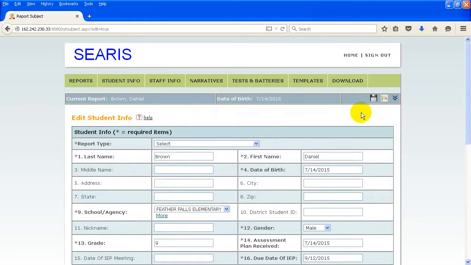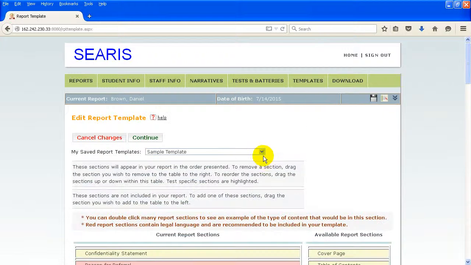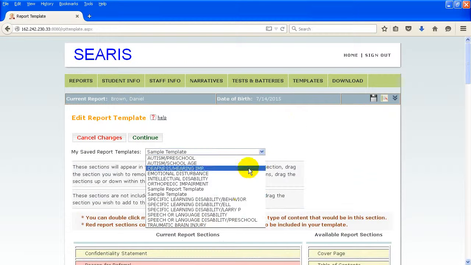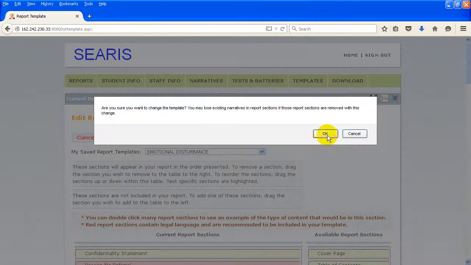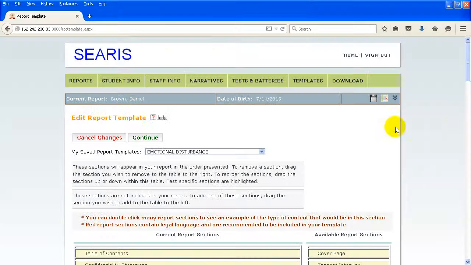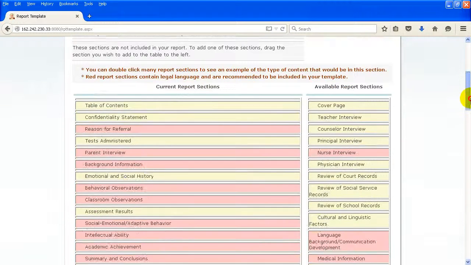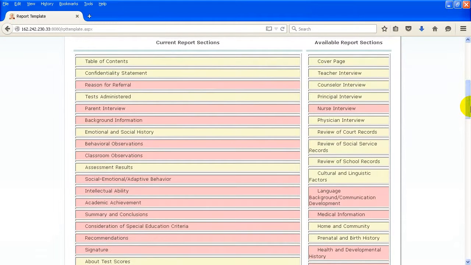Now what I'm going to do is I like to choose a template to get information into SEARIS quickly, so I'm going to choose Edit the Report Template. Now I've built a number of templates here, and I'm going to select Emotional Disturbance. And as I scroll down, you can see these are the report sections that I have in the Emotional Disturbance